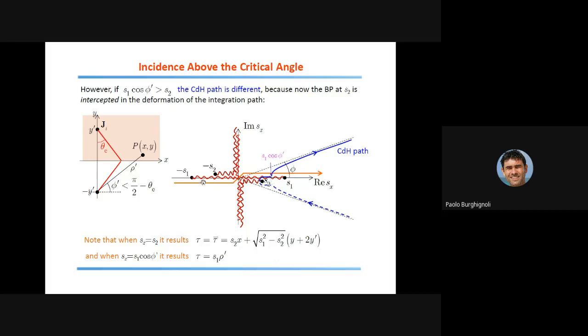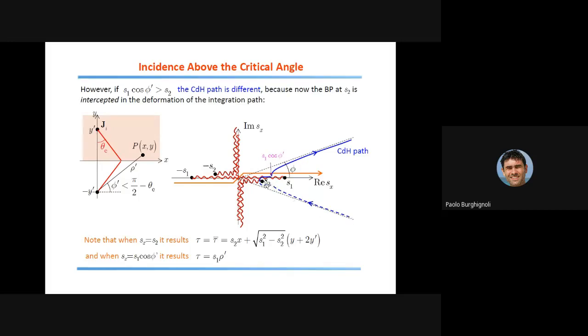So this means that you cannot deform the original integration path directly onto the Cagniard-de Hoop path, that is onto the hyperbolic path. This is because you would sweep across a branch point, the branch point S2, which is not permissible, because in this case you could not employ the Cauchy theorem to prove the equivalence of the two integrations. What you need to do is to